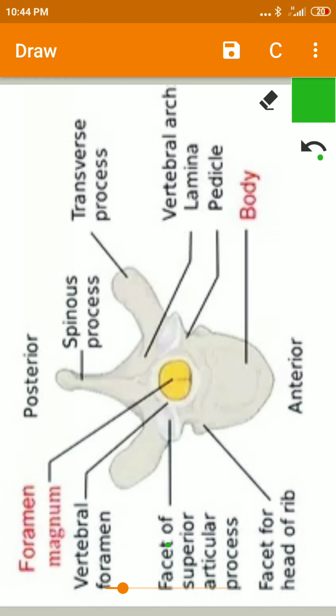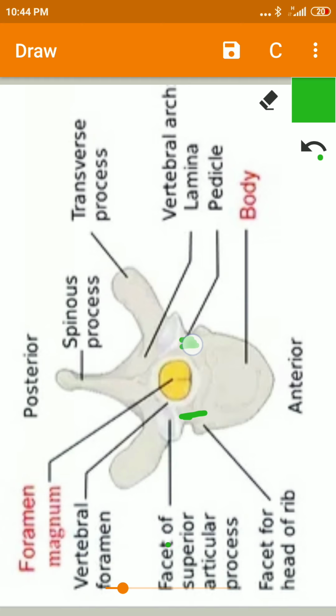And coming to the pedicles, the vertebral arch. The next one is the vertebral arch. The vertebral arch consists of a pair of pedicles, a pair of laminae, and also the many processes we have seen, totally 7 processes. All these form the arch. Now we will see one by one. So, the pedicles. The pedicles are short and thick